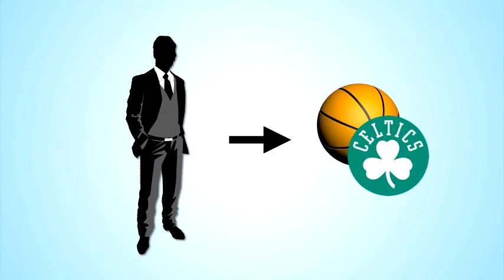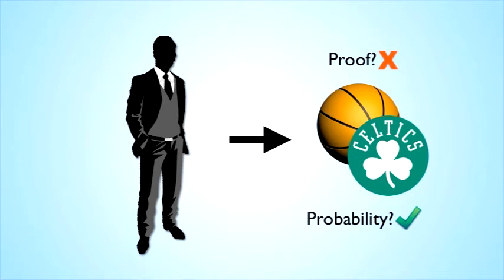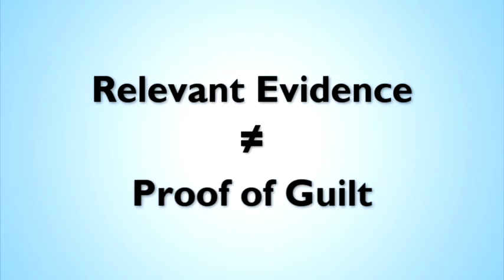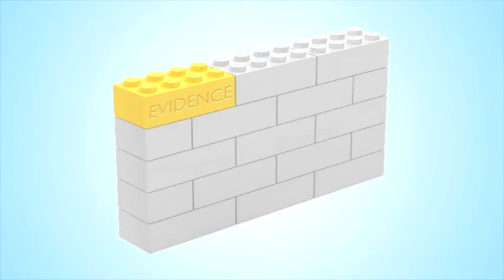Does the fact that I like the Boston Celtics and watch NBA basketball games mean that I actually committed this crime? No, of course not. But does it have to in order for the evidence to be relevant? No. Rule 401 does not mandate that the relevant evidence must, in fact, prove guilt or prove some legal element in the case. Indeed, the legislative history to Rule 401 talks about how this rule just looks for evidence that is a brick in the wall of the case. The evidence doesn't have to set up an entire wall. It just has to be a piece of the case.